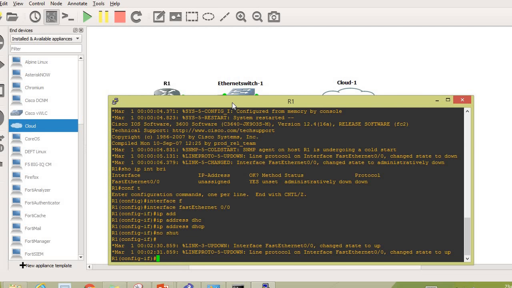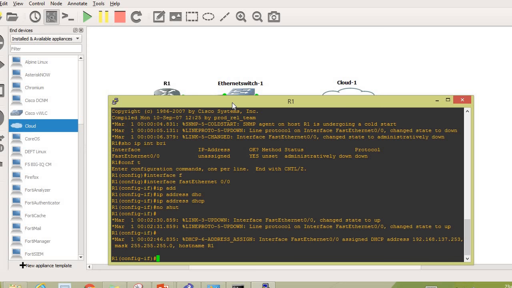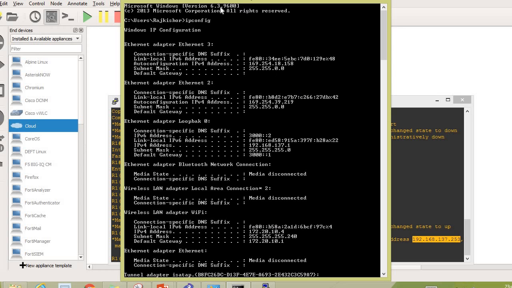Let's see how long it's going to take to get the IP address. Okay, my interface is up now, and here you go. You can see that it has taken an IP address from that particular loopback adapter range. So the loopback adapter which was here, like this one, right, it took the IP address from this loopback adapter. So my router is now connected to the